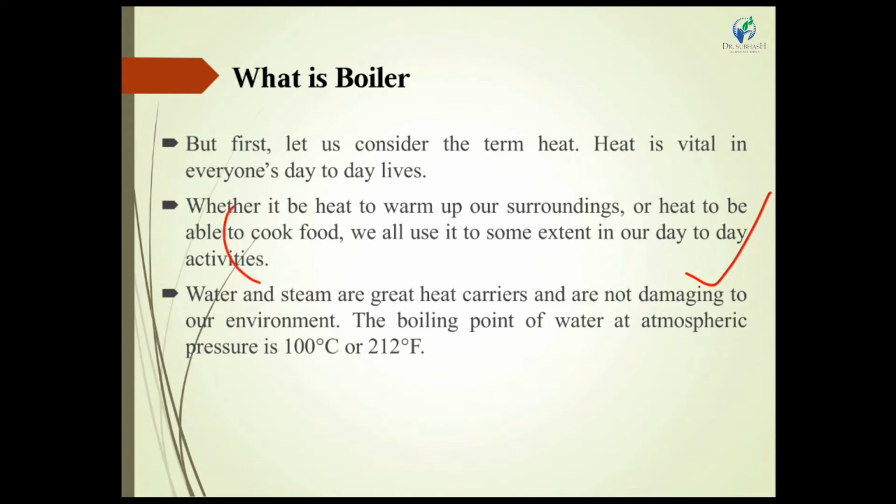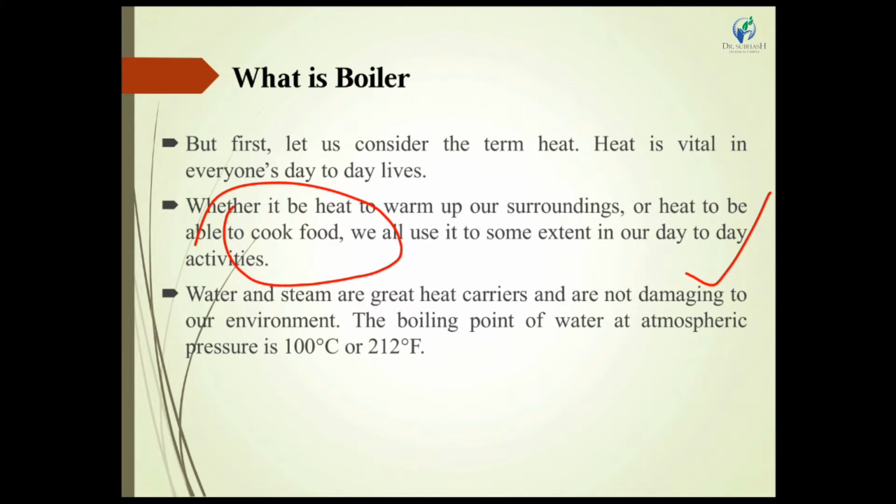For example, heat is used to cook food. In our home, the pressure cooker is one of the devices to cook fast. Inside the pressure cooker we put some food with water. Then we give external heat to the cooker and it gains heat. The temperature of the water rises from atmospheric temperature up to 100 centigrade. After 100 centigrade, the water is converted into steam.